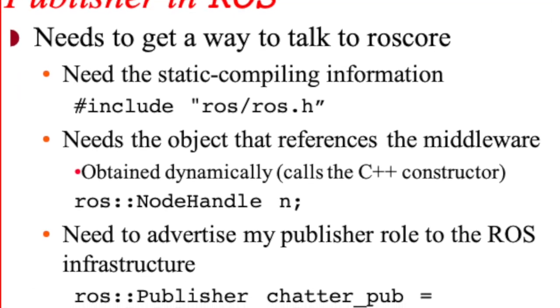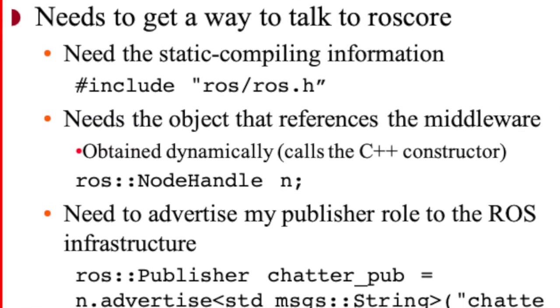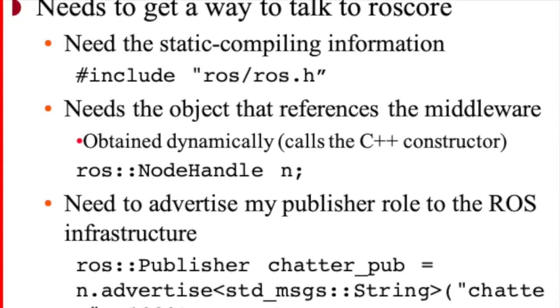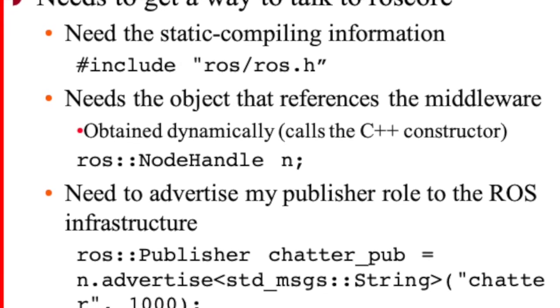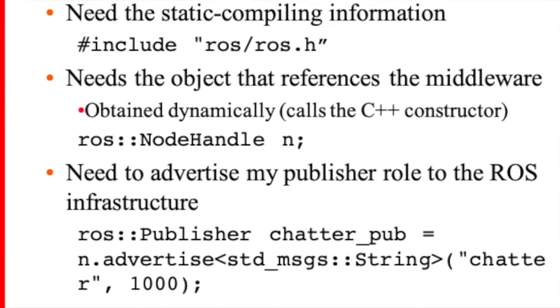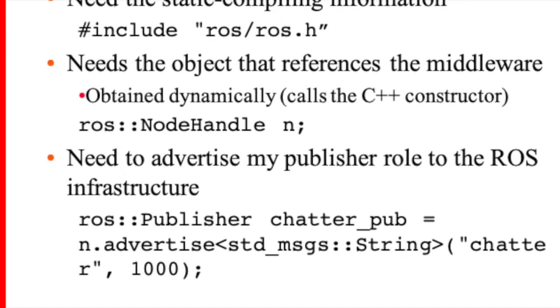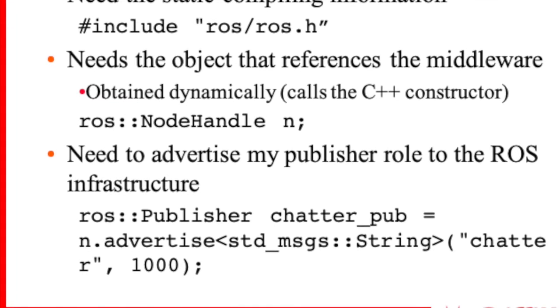It also needs a dynamic constructor handle to connect with the ROS core middleware. And also it needs to have an object of the class publisher which advertises that in this node we host